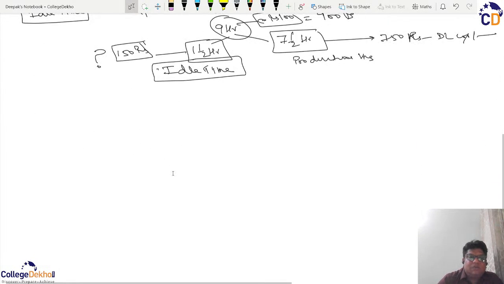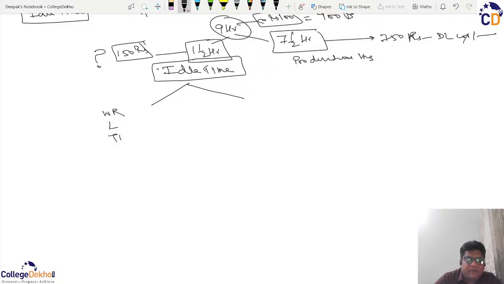So what the solution is, that we have to classify this idle time in two ways. That is, one idle time which is wasted on the washrooms or the lunch or the tea breaks. They are a normal course of procedure, and that will be done with all workers and in all corporate sectors. So they are presumed to be that such idle time is due to normal reasons, and that is why such idle time is known as normal idle time.